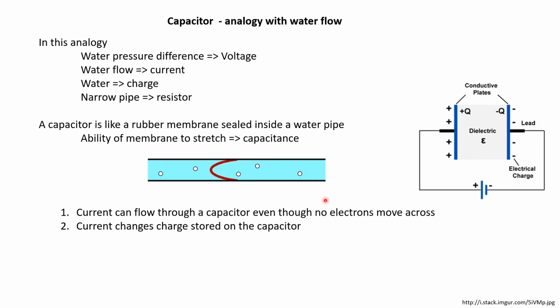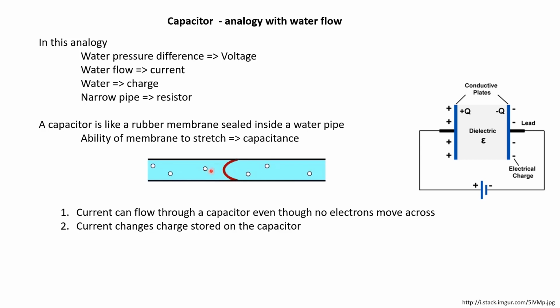And as the charge moves, and as water molecules move in this case, you get water molecules accumulated on the membrane, and similarly you get charge accumulated on this capacitor. So you get positive charge accumulated here and negative charge accumulated here. And as this charge accumulation keeps on happening, the membrane keeps on stretching more, and the more it stretches, the more opposite pressure it would apply on the water molecules. So as it stretches more and more, the opposing pressure that it is creating will keep on increasing,